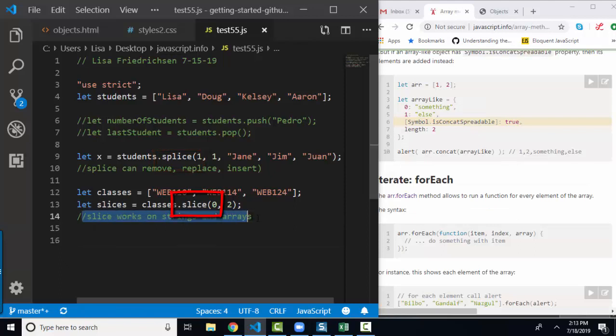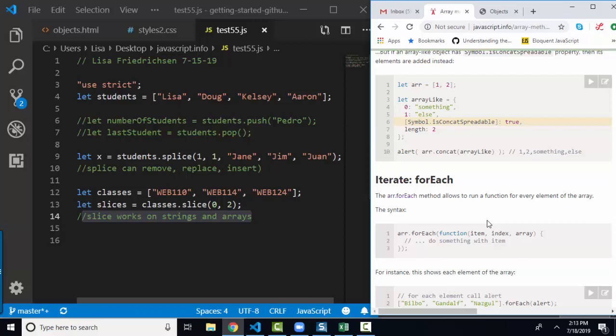The author also makes the point that the slice method works on both strings and arrays, and returns the sliced portion of the string or the sliced out portion of the array, but the array or the string itself remains the same. Now, there are many other excellent, important methods in this tutorial as well that I want to talk about in a separate screencast,